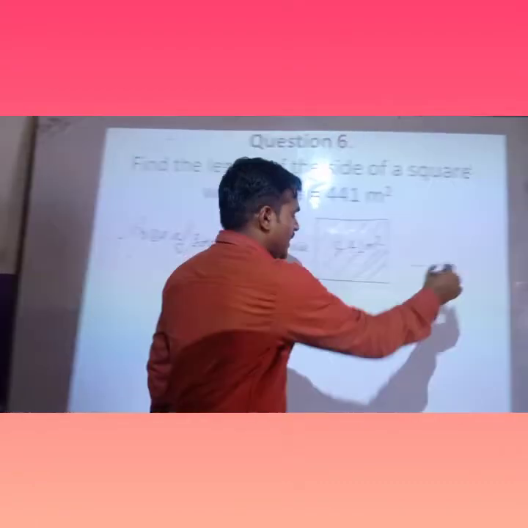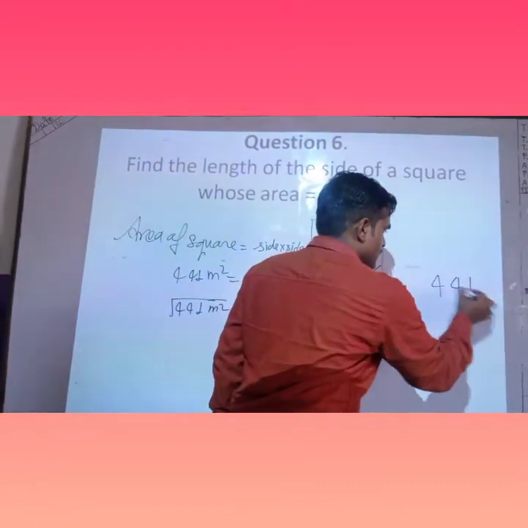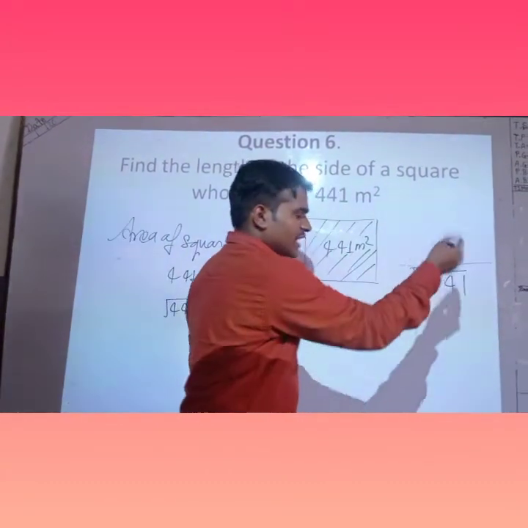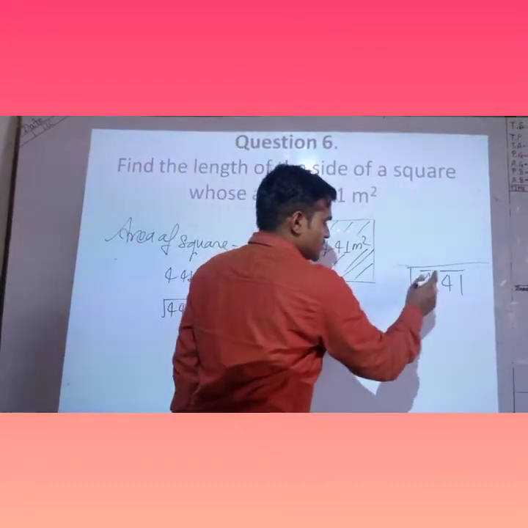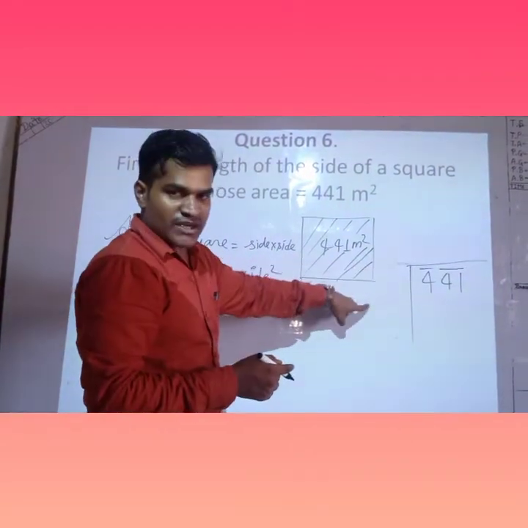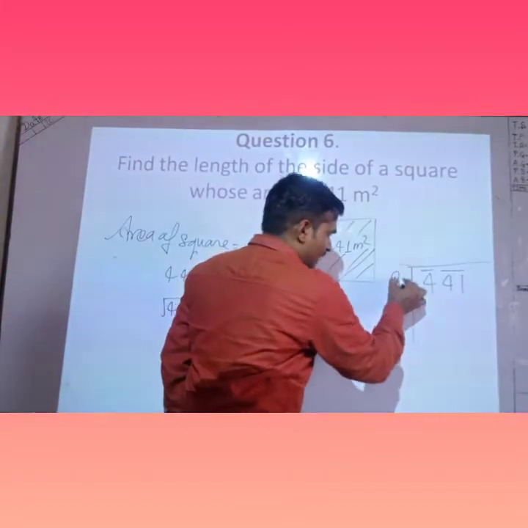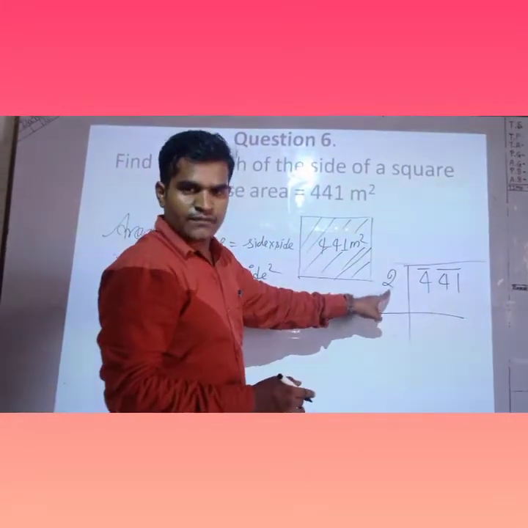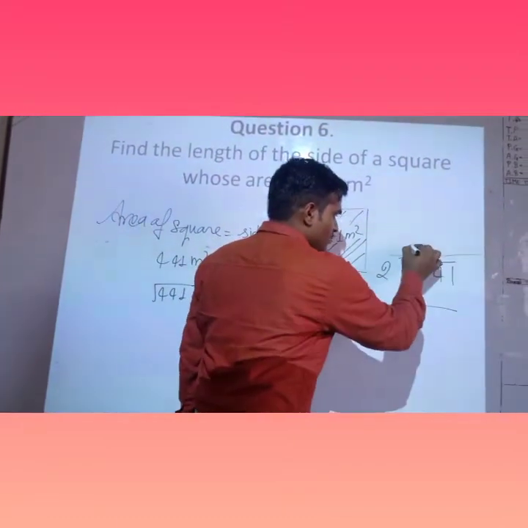Okay. So we have to find by long division method. We have to find the square root of this. First we make the pairs from right hand side and place the bar. So extreme left pair is 4. You have to find the largest number whose square is 4 or less than 4. So 2 is the number, 2 twos are 4. Now write that 2.